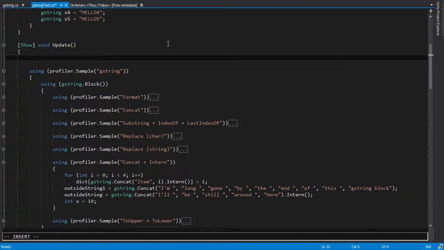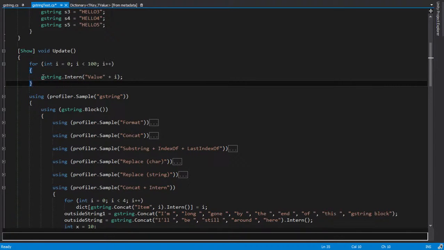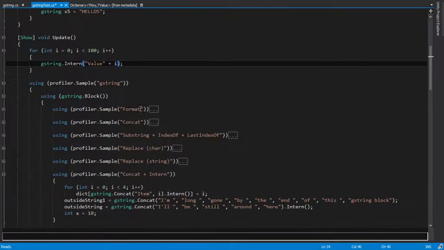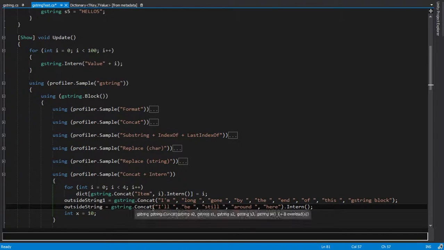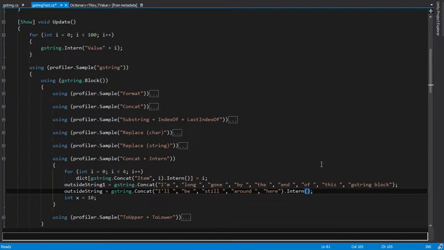Now, the nice thing about this is that you could pre-intern stuff in your game. When your game runs, maybe you want to intern, I don't know, something like this. Maybe you use this a lot in your game and you don't want it to allocate at runtime, so you pre-intern it, which basically means if at any point in your game you came across value plus I,